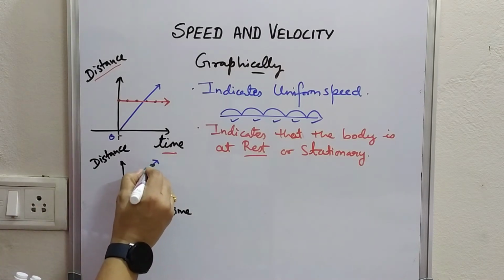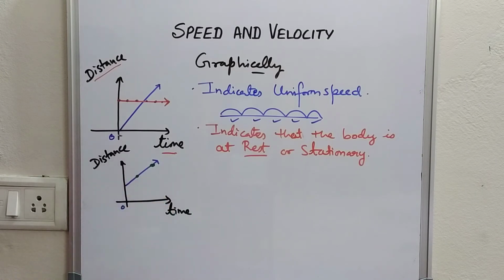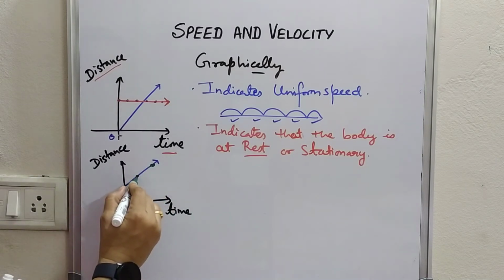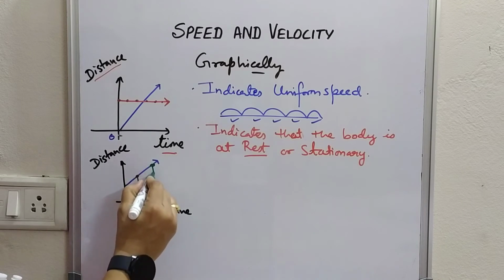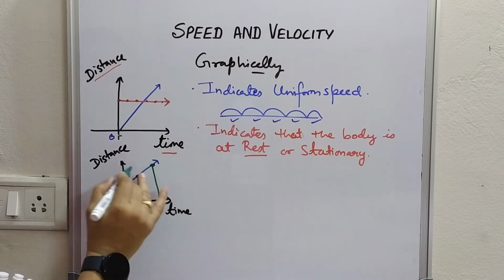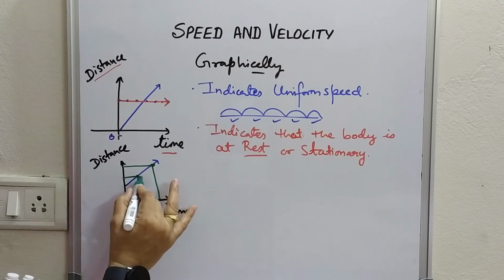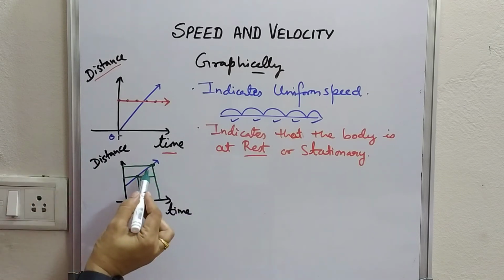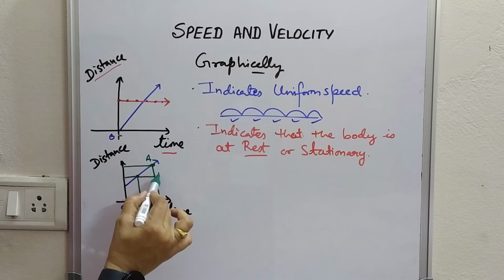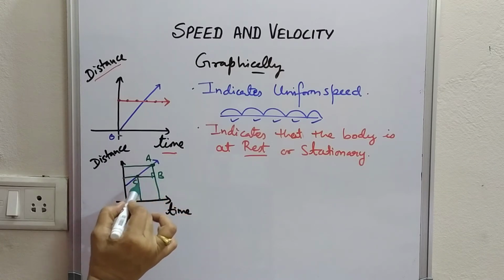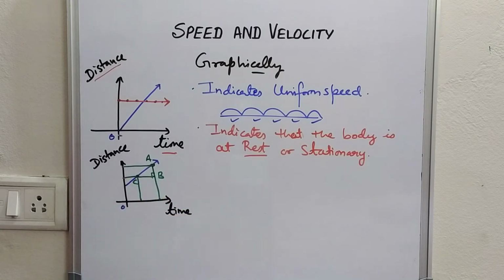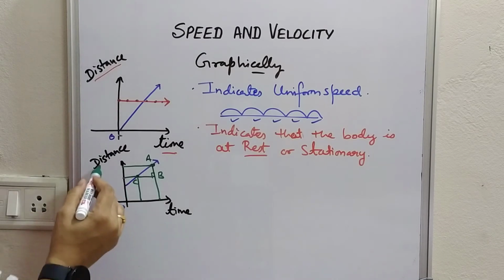Slope means how to find? Locate any two points on the straight line and drop an altitude on the x-axis. And also from the same two points drop an altitude on the y-axis. And in the process complete the triangle. You can clearly see there is a right angle triangle ABC. If the font is very small, watch this on a computer desktop or a television screen.